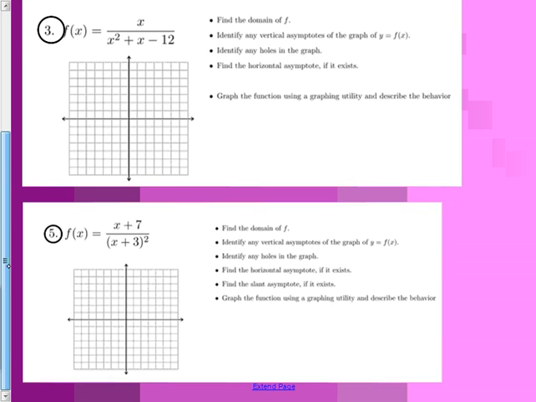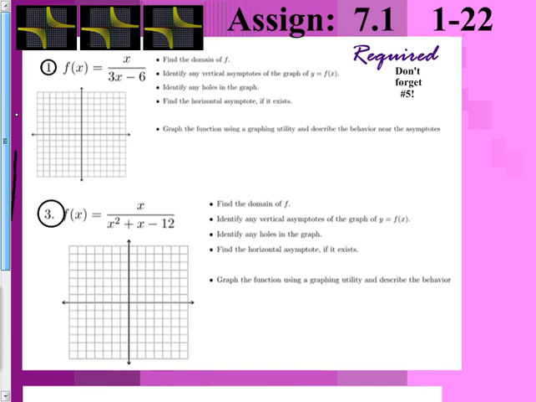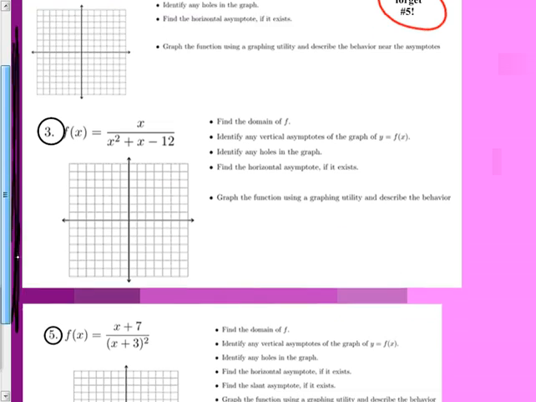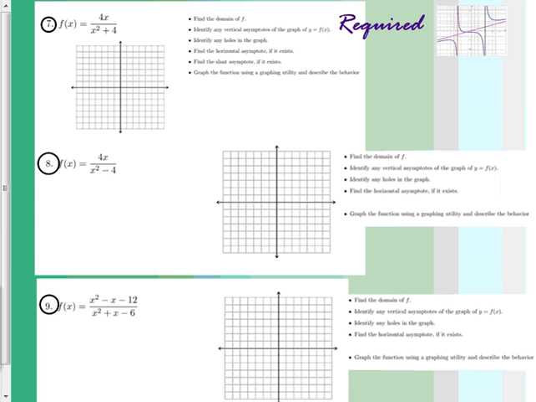One, 3, and 5. Okay. That even says here, don't forget number 5. So I am assigning number 5 in this for you right now. So 1, 3, and 5, we're going to do 1 and part of 3 together. And then I'm also assigning